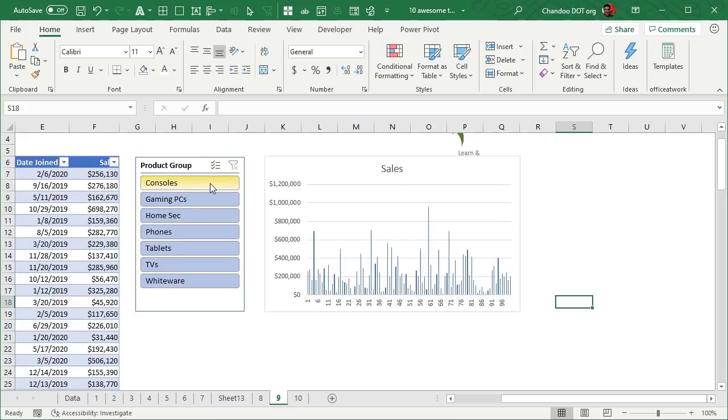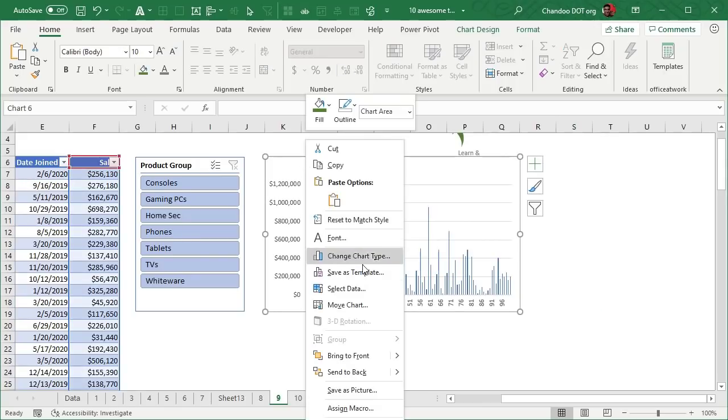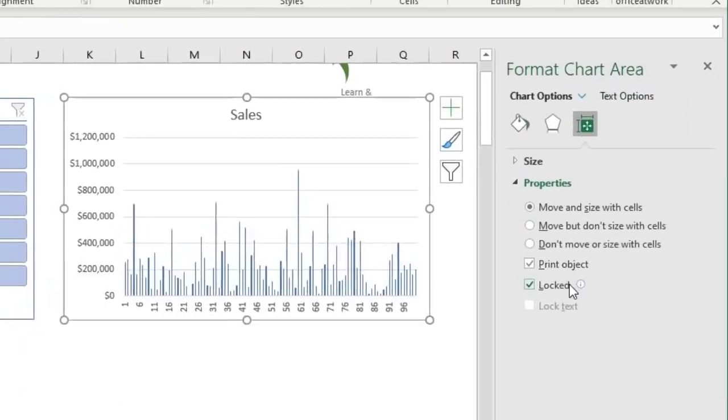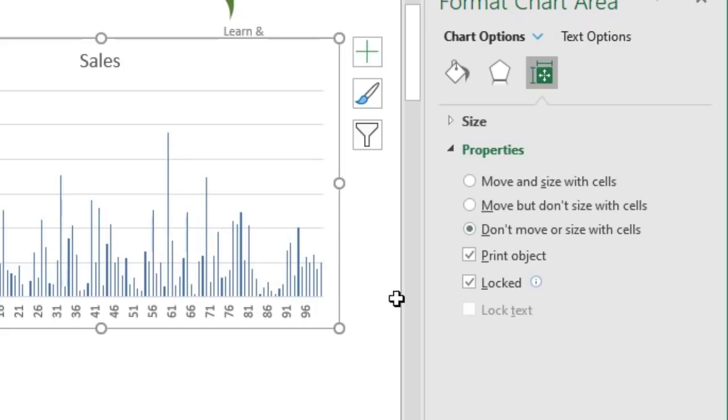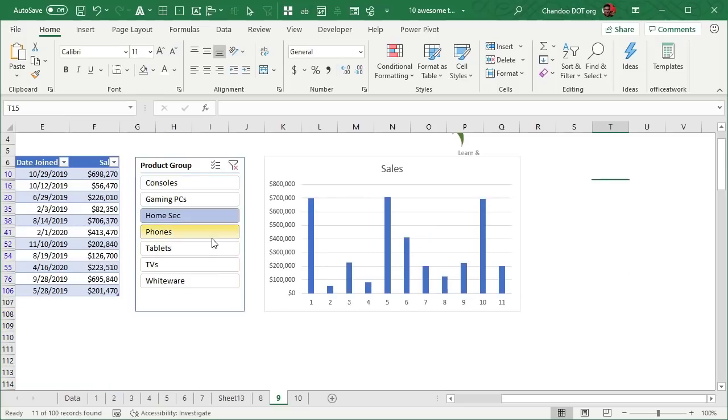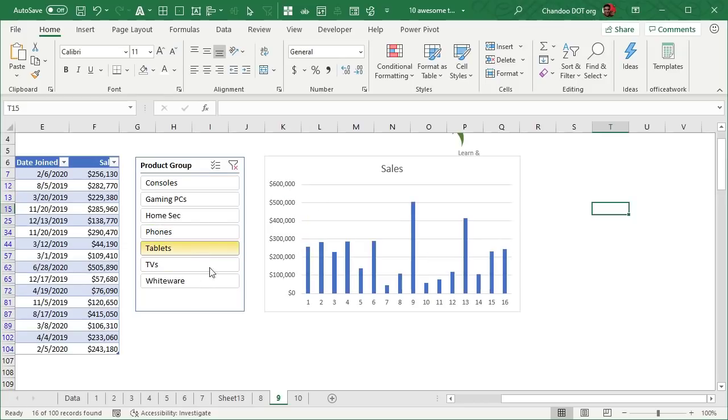Of course, what is happening is the chart is changing, but is also shrinking because Excel is hiding some of the rows. So I'm going to just right click on this, go to format chart area, and quickly set the properties to don't move or size with cells, so that the chart will not move when the additional cells are getting hidden. And now I can click on gaming PCs, home security, phones or tablets, and I can see the